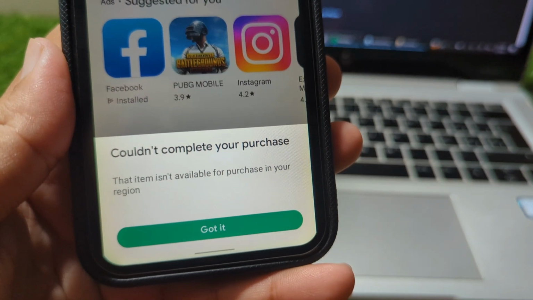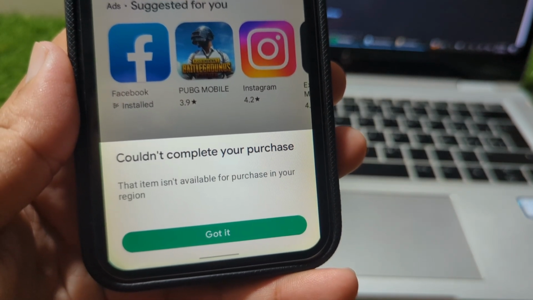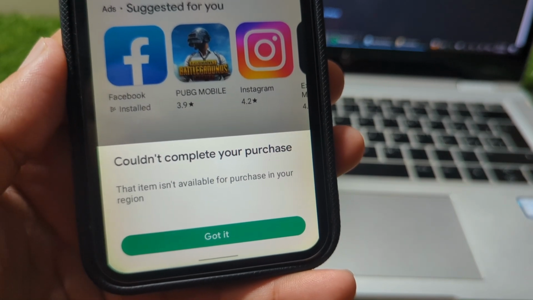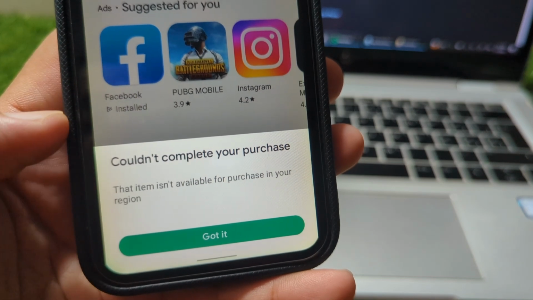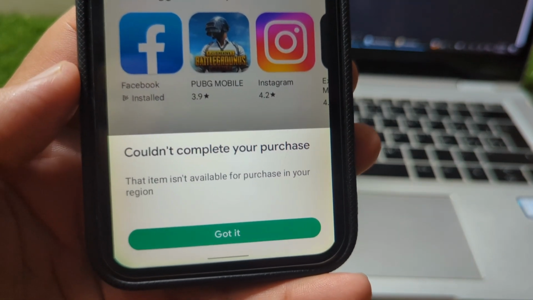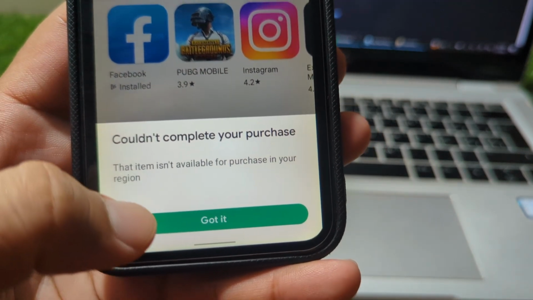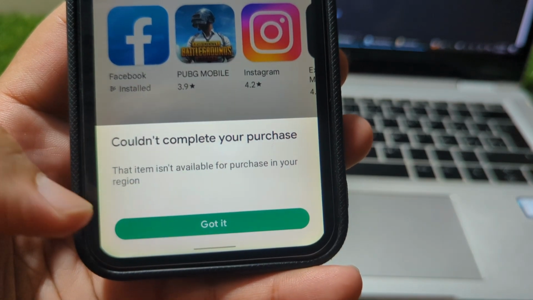So guys, in this video I'm going to show you how to fix "Couldn't complete your purchase. That item isn't available for purchase in your region." So guys, if you're trying to purchase some apps from Google Play Store but you're facing this issue and you're unable to purchase the app or download the app or install the app, here I will show you how you can fix it. So guys, basically as you can read this, that item isn't available for purchase in your region,